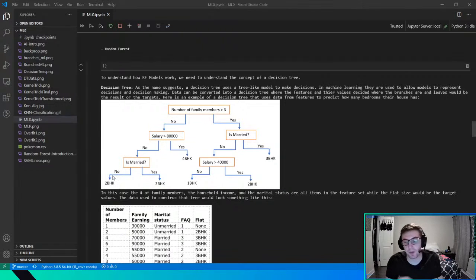These are really popular in business because they're really easy to understand no matter who you are. You can read this easily. The one thing to think about here is that they're making linear cuts in your data set. If it's greater than 3, over here is all going to be one type, and over there another. So they're making consecutive linear cuts within your data set, and that's how they get their results.